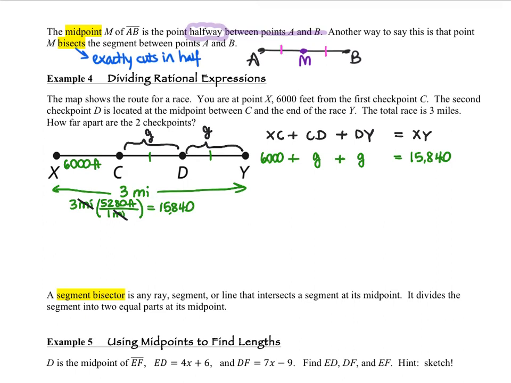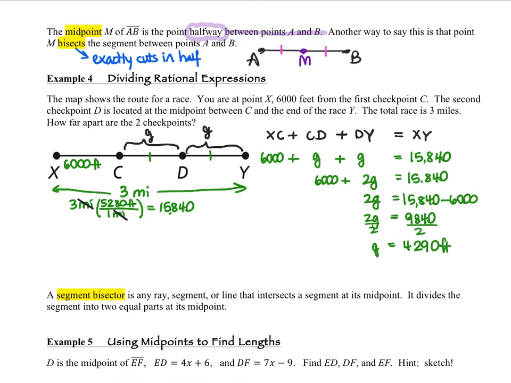And we can easily solve this. We're going to have 2G here, 6,000 plus, and 15,840. To solve for G, we subtract 6,000 from both sides, and we end up with 2G is equal to 9,840. We divide both sides by 2, and we end up with G is equal to